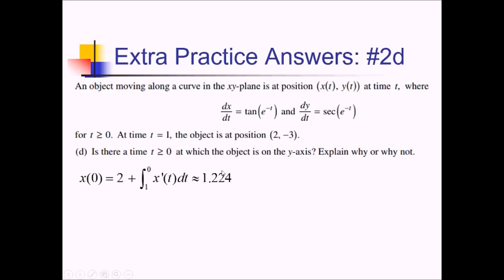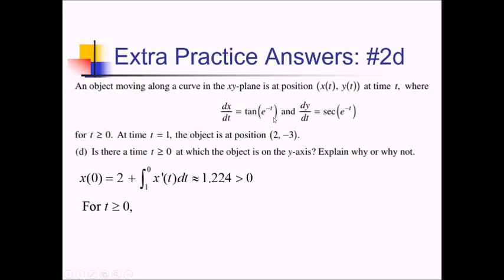Now let's take a look at the slope. So for times greater than 0, and by the way, this is positive here, what's happening with our slope? Well, that's governed by this dx over dt function. So we're taking the tan of something. Now let's take a look at what we're taking the tan of here. For time greater than or equal to 0, this e to the negative t function, e to the negative 0 basically is 1, and then this thing just keeps decreasing from there,